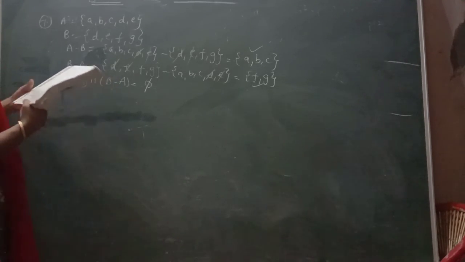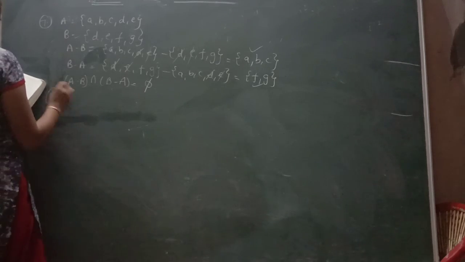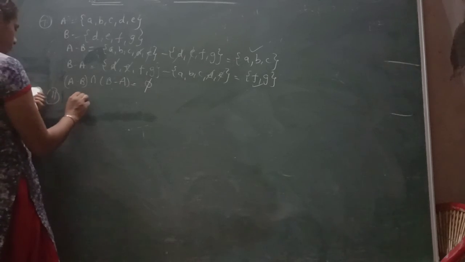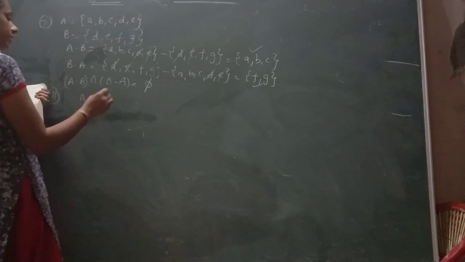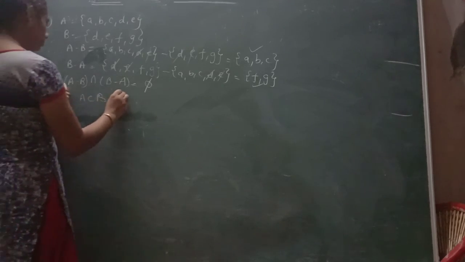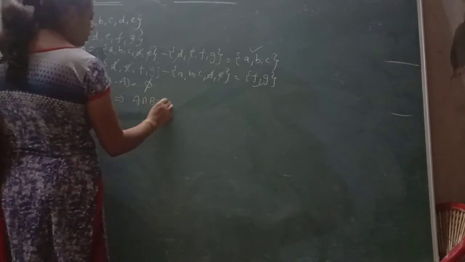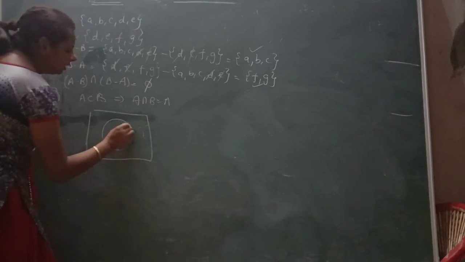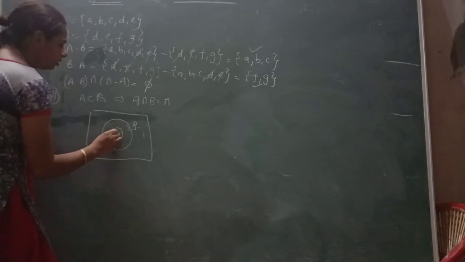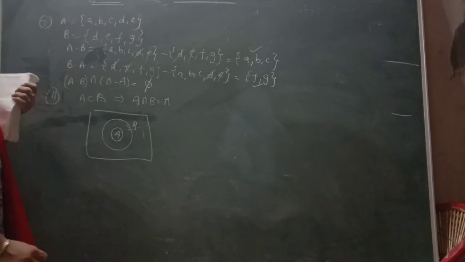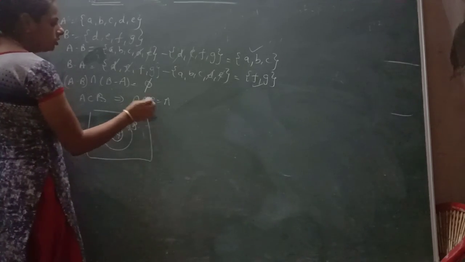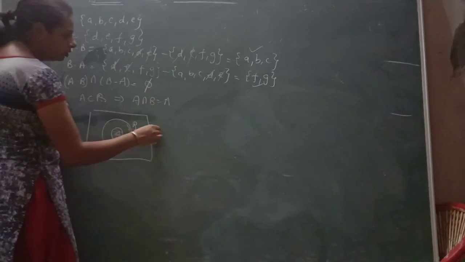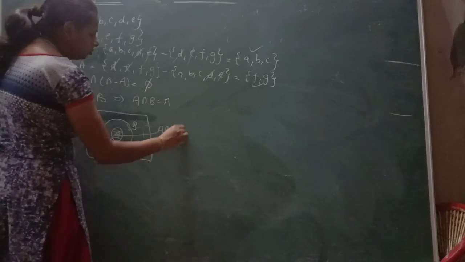I am taking question number 11 here, where you have to prove using the Venn diagram. In question number 11, I am taking the first part where A is properly contained in B, that is, A is a proper subset of B. Then prove that A intersection B will be equal to A. Firstly, make a Venn diagram in which this is the B set and A is properly contained in B. Now you tell me what is A intersection B. What is common in A and B? This portion. So this is the portion where A intersection B is equal to A.